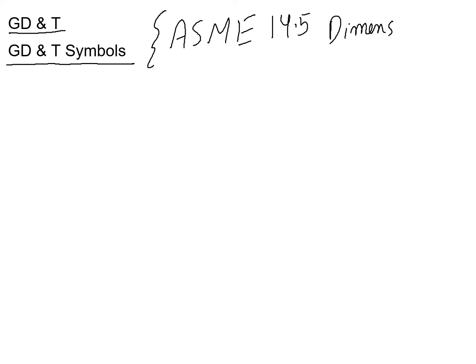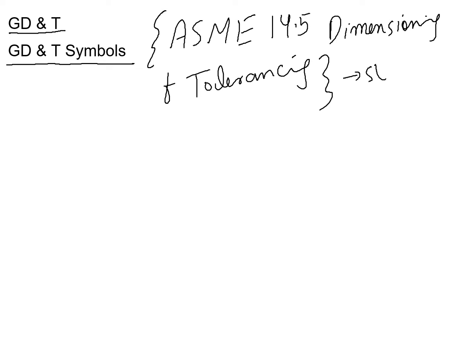This is another method of tolerancing your parts, and the most appropriate way of defining the system is the one defined by ASME, that is ASME 14.5, dimensioning and tolerancing. This is another standard for tolerancing your parts, and these standards provide much more certainty